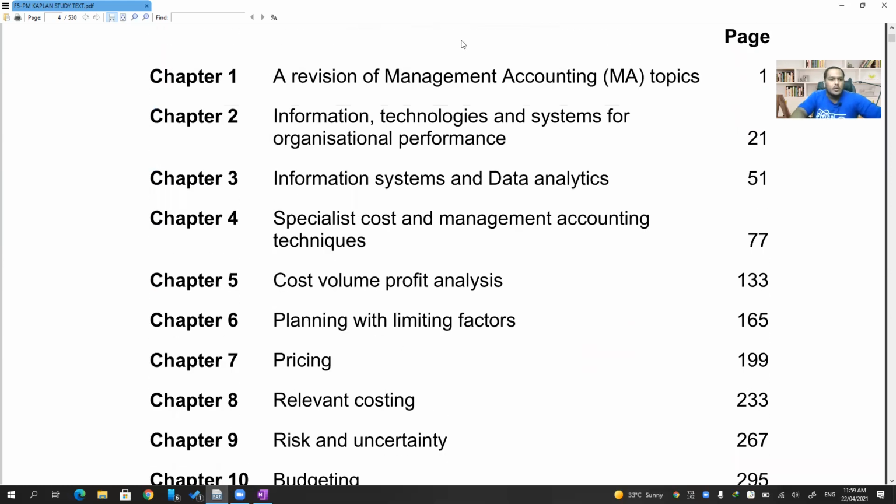Which topics will we do, Azim? Tomorrow 2 and 3. Let's see. I'm not sure which I'll do. It depends on my mood. If I want to do theoretical topics, I'll do 2, 3. If I'm in the mood to do some numerical parts, then we'll go with CVP and planning, limiting factor analysis. Whatever it is, we'll see. As we move further, we'll see.